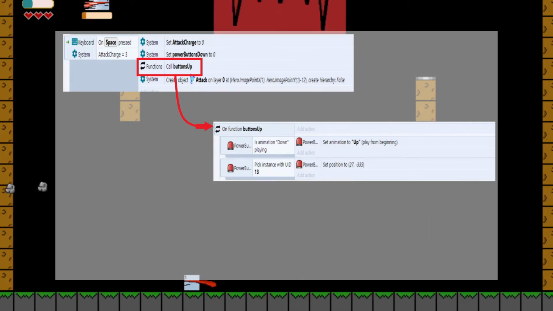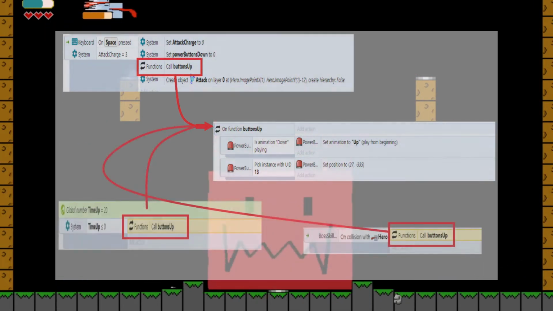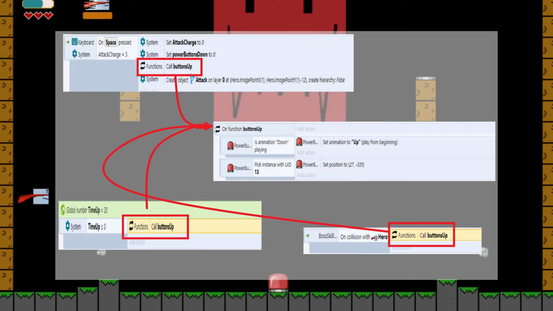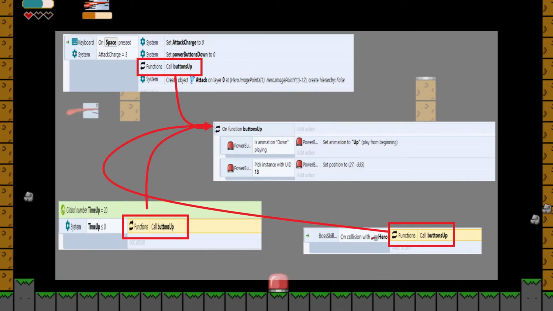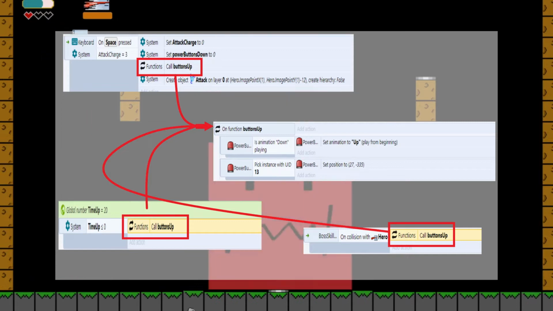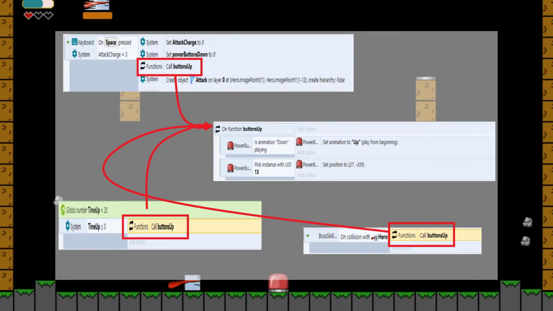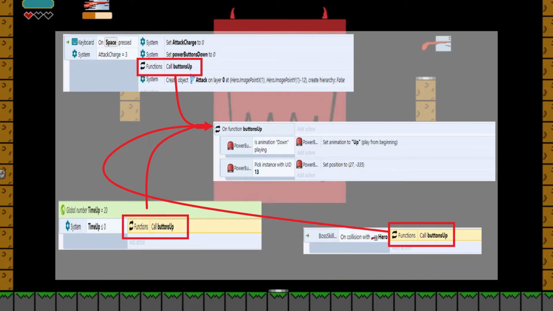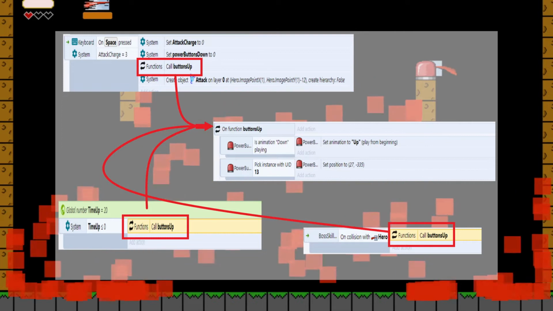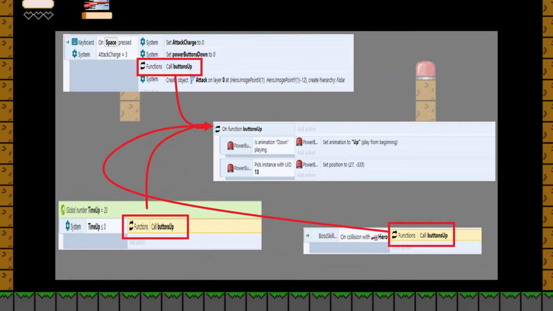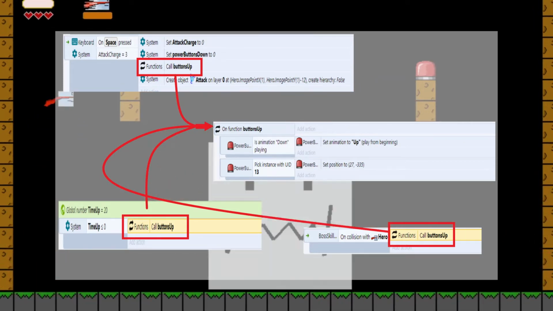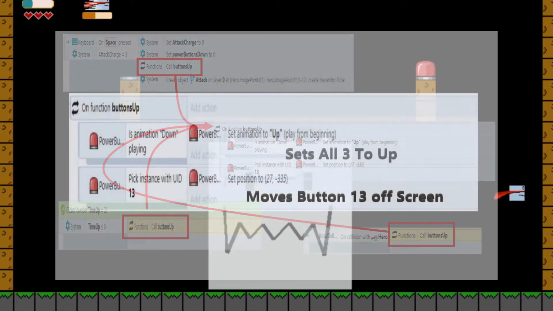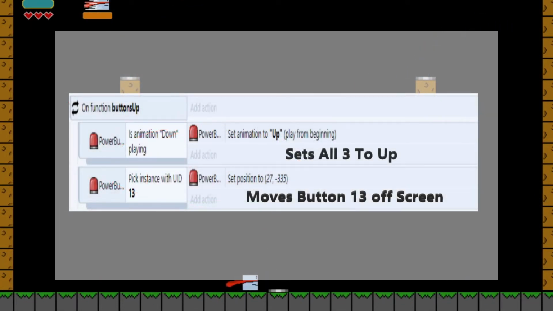I made this as a function because I was initially going to add multiple different ways for the buttons to come up, like a timer or boss skills. For this little project I decided against it, just so I didn't overwhelm the code portion of this. Made it a little bit easier to explain. So I have a function that I only call once, which is a waste, but it is there for later. If I end up building this project any bigger, I can continue adding on with the function, and it doesn't actually hurt anything in the code. Looking at it, our function simply sets all the button animations to up and moves the UID 13 power button